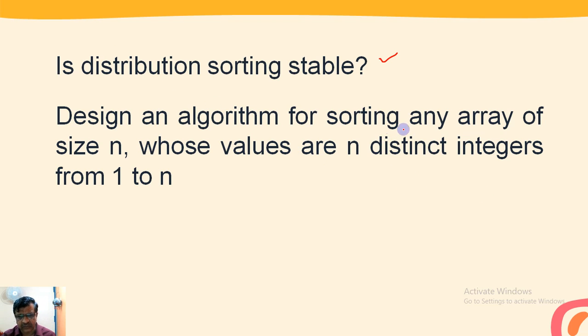Design an algorithm for sorting any array of size n whose values are n distinct integers from 1 to n. There is an array A which has elements from 1 to n. Let us say 1 to 4: 1, 2, 3, 4. Now we have to generate a sorted array, by writing one statement. Okay, now what we can do is, sorted array